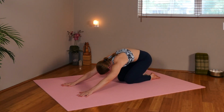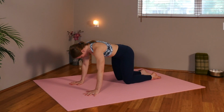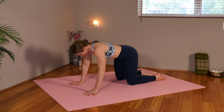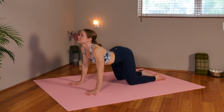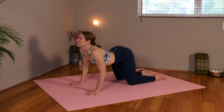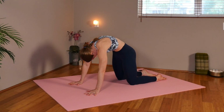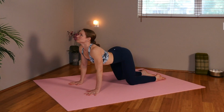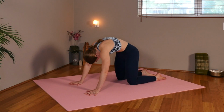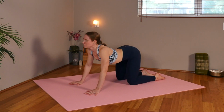Now let's round up, coming up to all fours, tabletop. Taking the wrists under the shoulders and the knees under the hips. We're going to start with our cat and cow. We will arch, drop the belly, inhale. Round the back, pull the core in, exhale, inhale, drop the belly, exhale, round, one more, inhale, drop the belly,